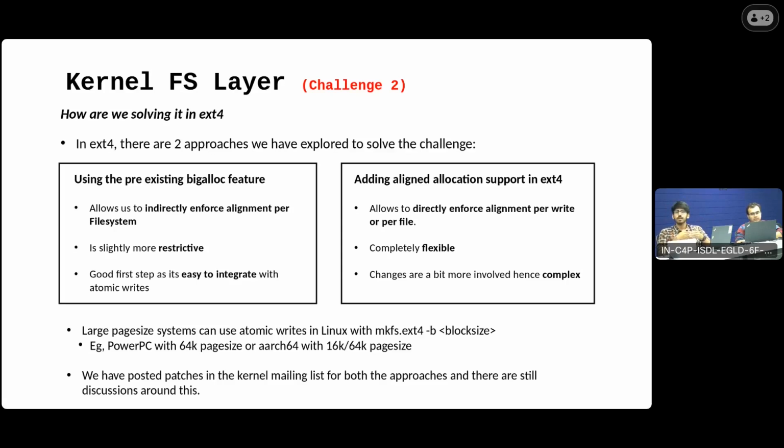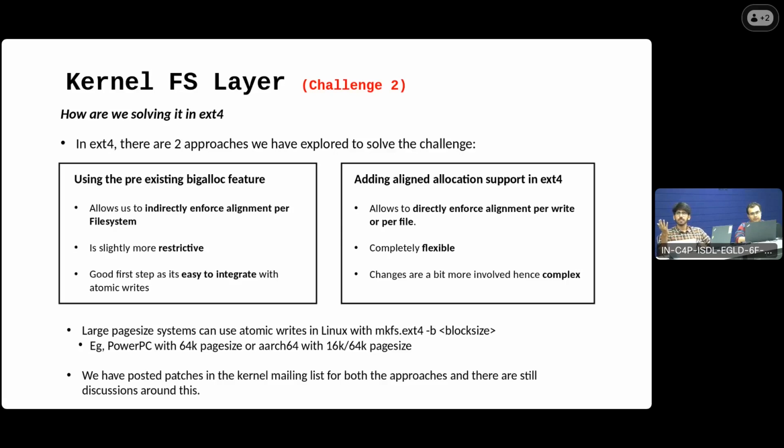The only issue with big alloc is that it's very restrictive. If you have a file system that is not big alloc enabled, and now you want to enable big alloc to do atomic writes on it, you have to completely scrap that file system, make a new one, and enable big alloc on that, because you can only enable this feature during file system creation time. You can't do it during runtime. So that makes it pretty restrictive, and it's not an ideal approach. It's a good first approach, I would say. Maybe it's good for some use cases, but we need a bit more fine-grained control,